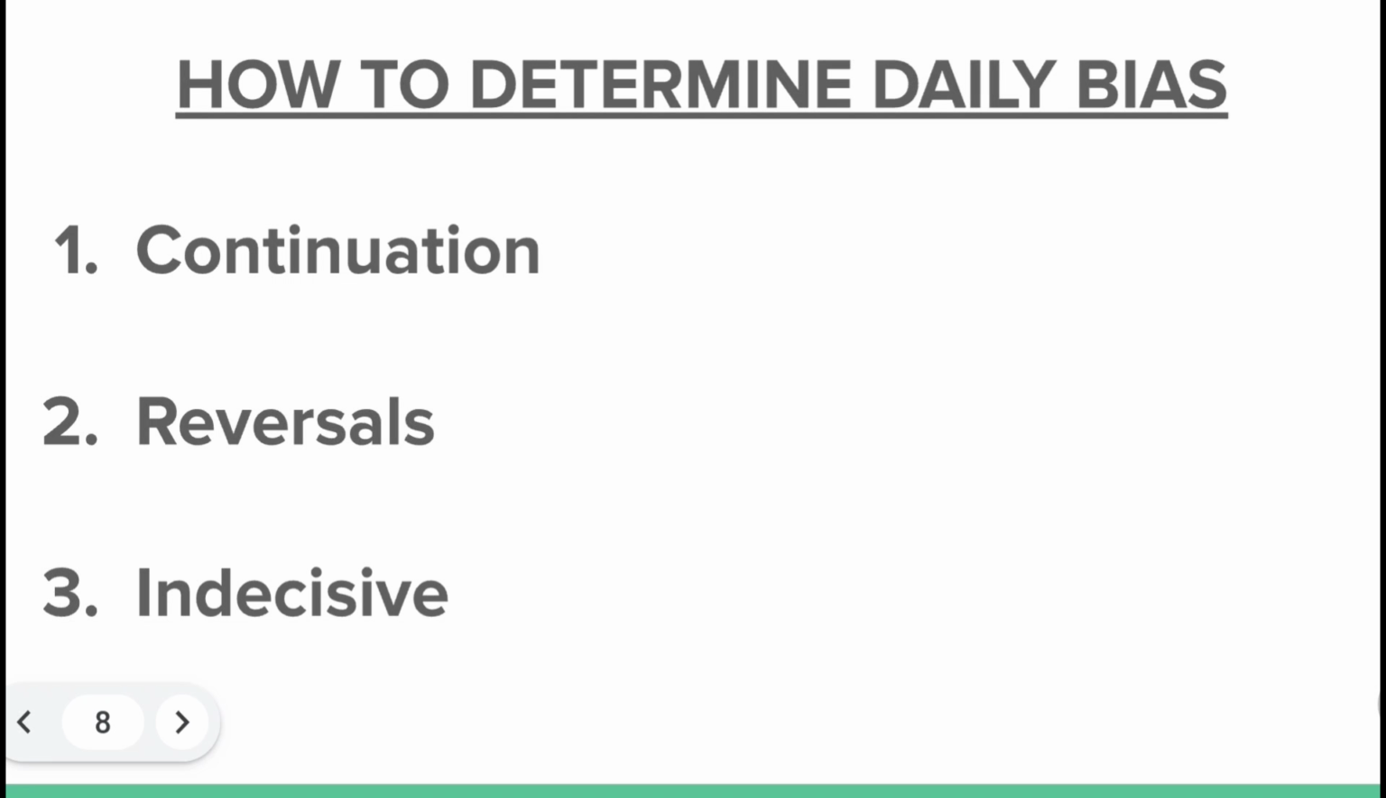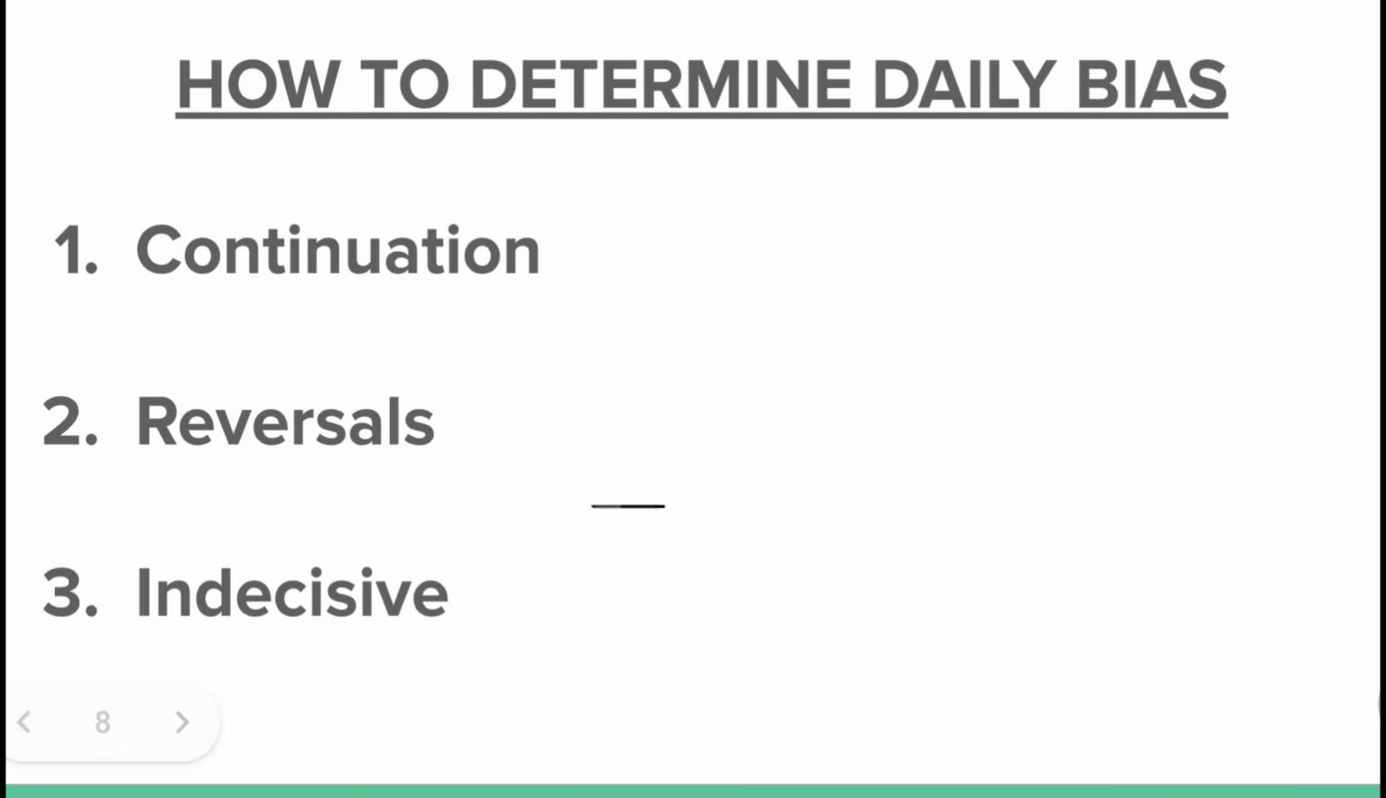Now I want to talk about how to determine the daily bias. There are three important things you need to know when it comes to daily bias. At the previous day's high or low, you can have a continuation, you can have a reversal, and sometimes the market could be indecisive. At the indecisive phase, I'm going to tell you what to do. For the continuation, reversal and indecisive phases, I'm going to show you the right way to know what the market is doing at the daily candle